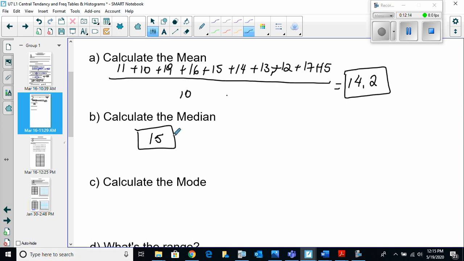Oh, no, this is a mode. Actually, this is the mode. Sorry, this is the mode. And now the median, I will do it with a different color. So the median is the one